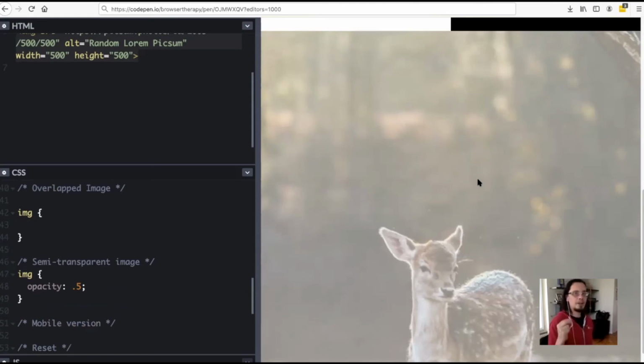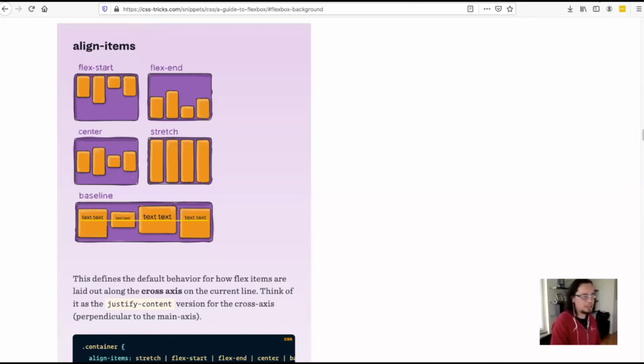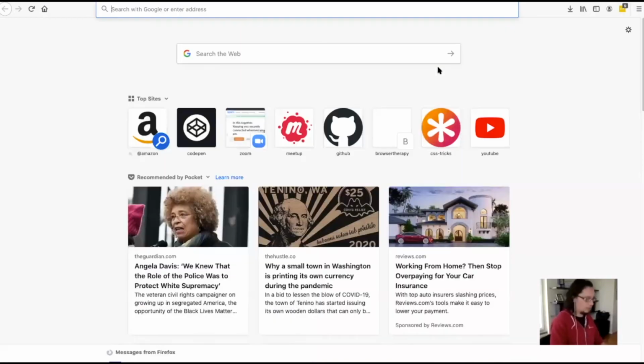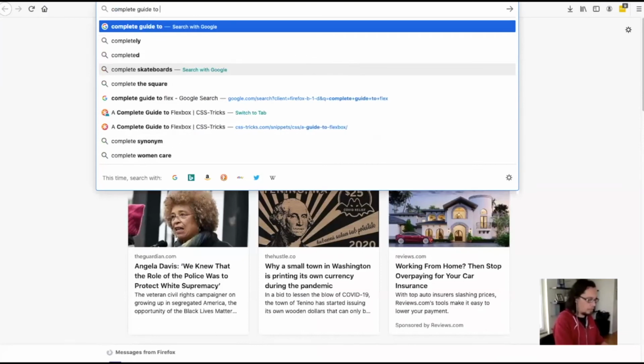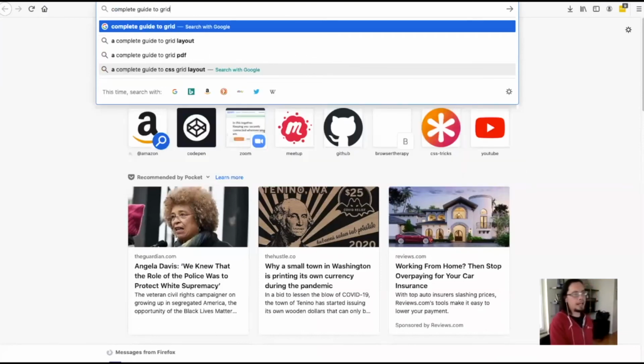And this is going to be another one where I'm not going to get too much into grid. We can get into it a little bit after the break or after we're done this. But there is also another one that I haven't linked to because I didn't do grid. But if you do the complete guide to grid,